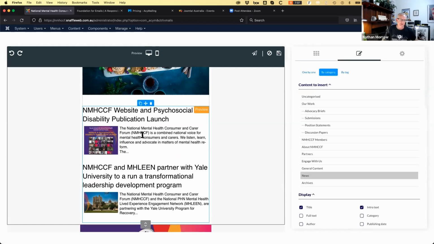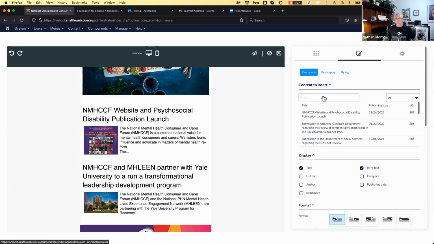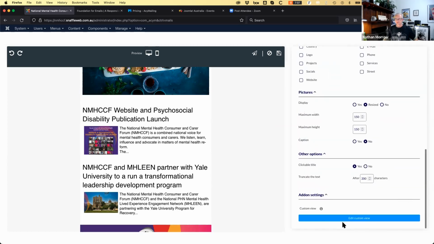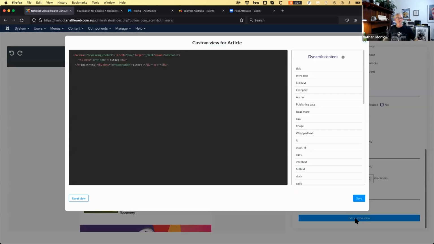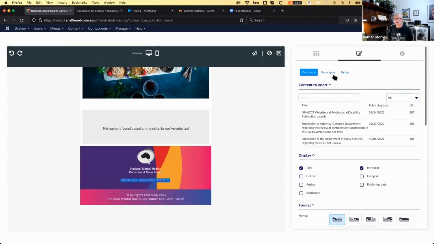You can also go in and customize the HTML for these dynamic plugin layouts. You'll see that there's an edit custom view where you can change the actual content. So I'll do that.